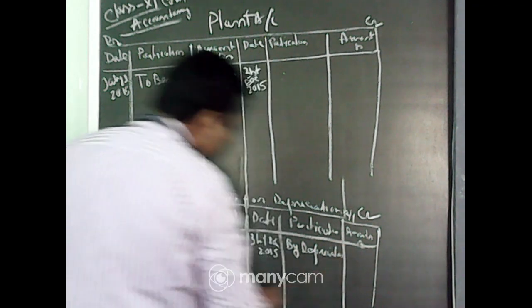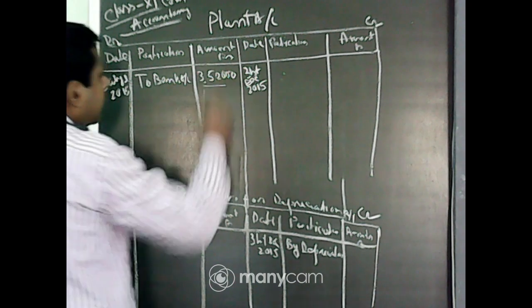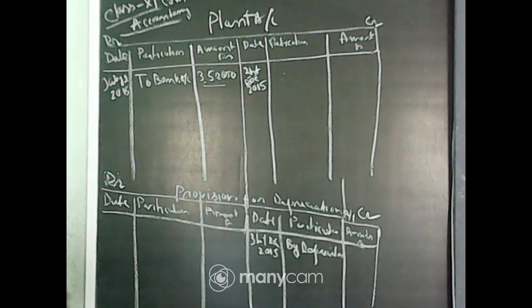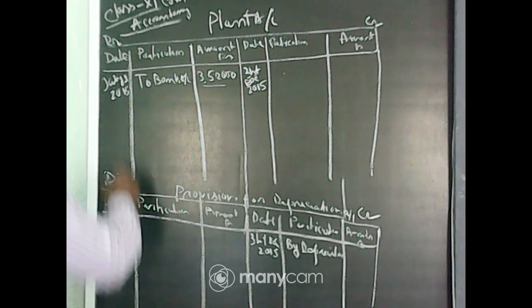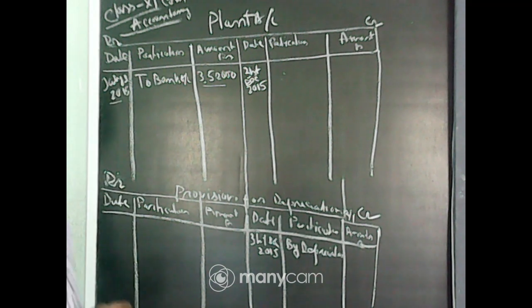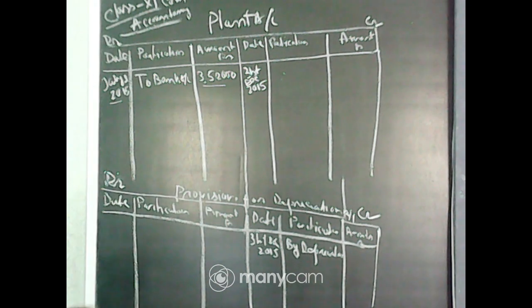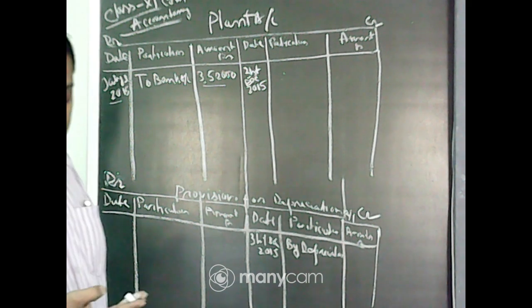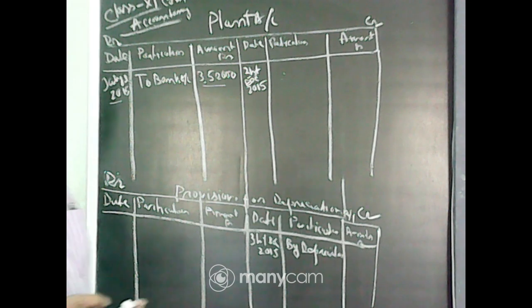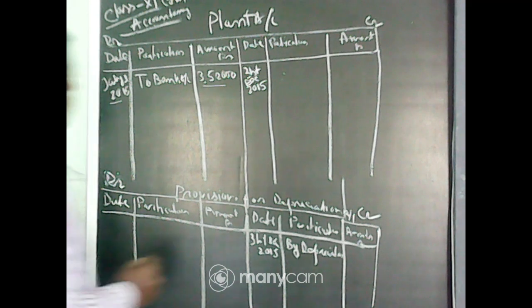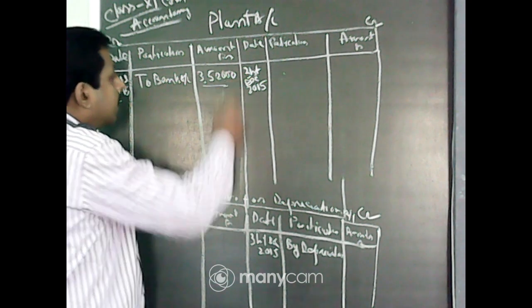By depreciation. Now total value is 3,50,000. We purchased the machinery in July 2015, but the year will end on 31st December 2015. So how many months did we actually use it, because we started using it in July? From July to December you have to count July, August, September, October, November, December, that is 6 months we use the machinery.